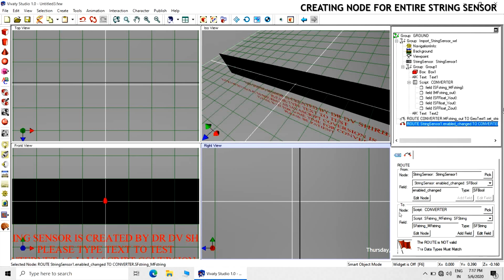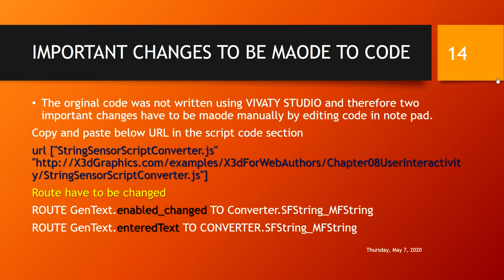So this has created enable underscore changed. That is not required. Actually, that will not work. Now important changes to be made to the code.